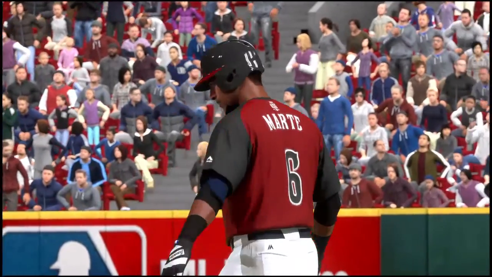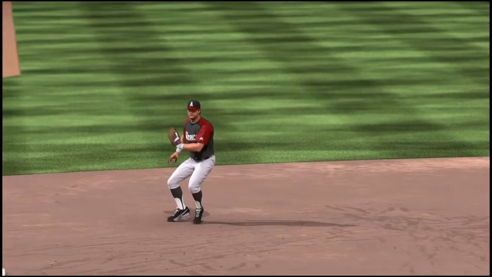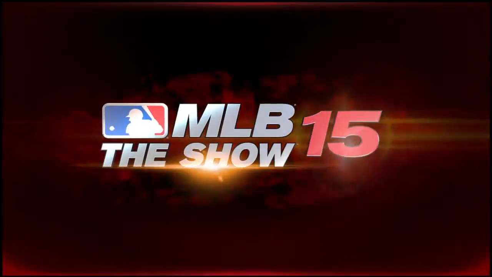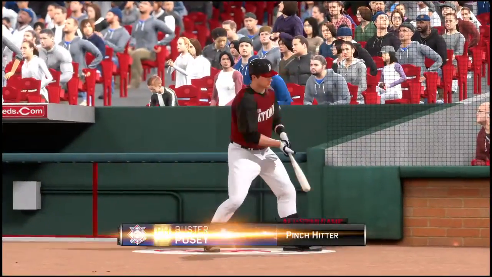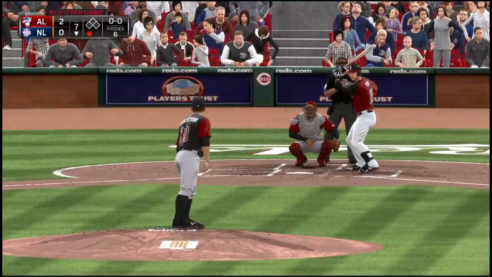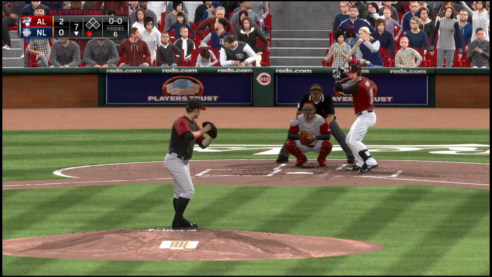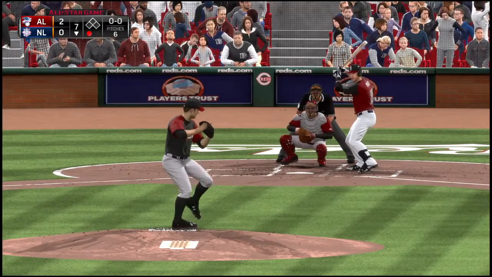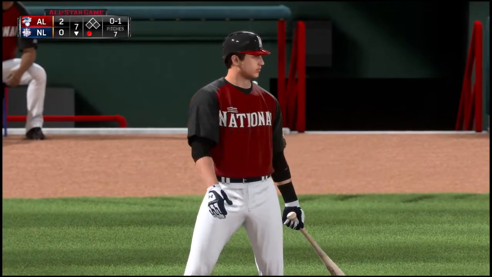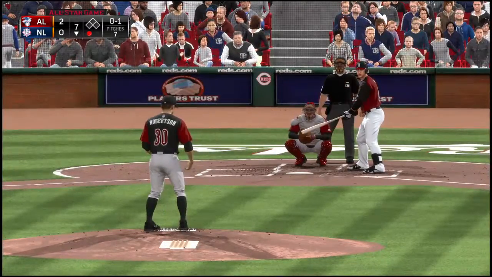You know, there's no such thing as a routine grounder with this guy. If you take your time, he's going to be safe. He'll beat it out. So that's a nice job of getting rid of it quickly and getting him at first base. Buster Posey will move into the on-deck circle now to try to get something started here with one gone in the inning. There's a good fastball on the outside corner as he'll take a look at strike one. And if they can get him here with a little luck, they may not have to face him again.